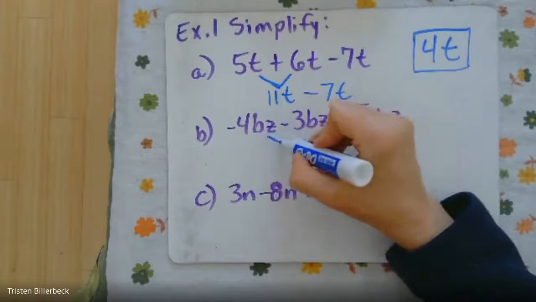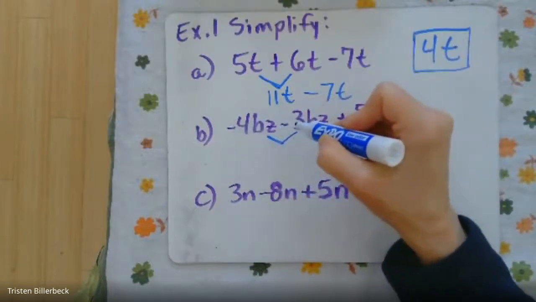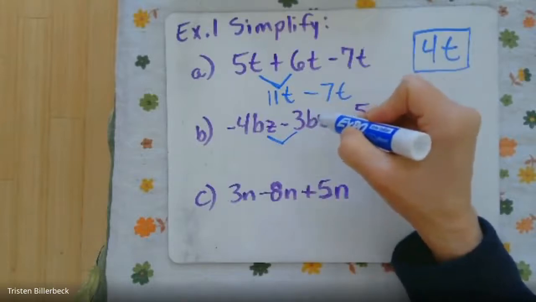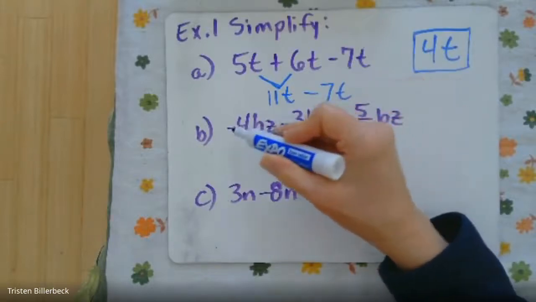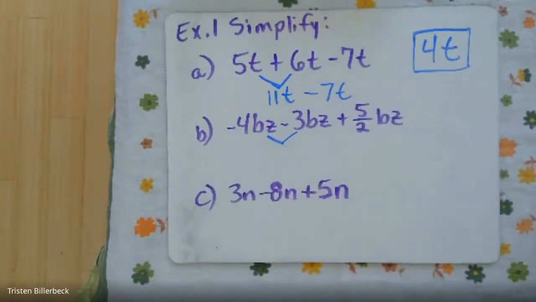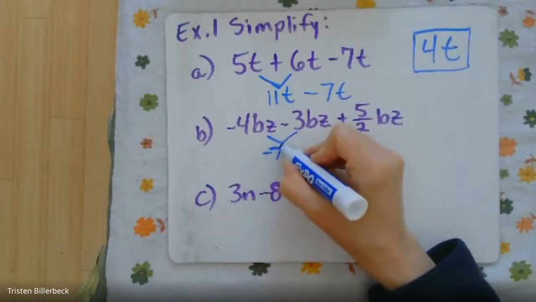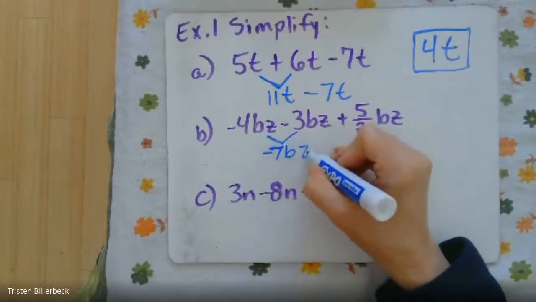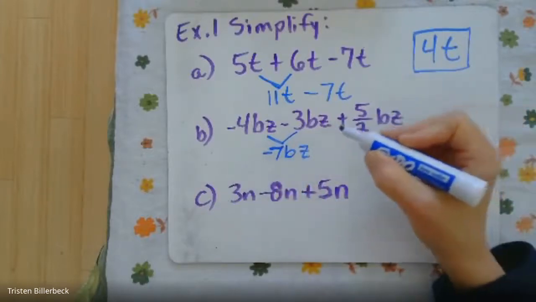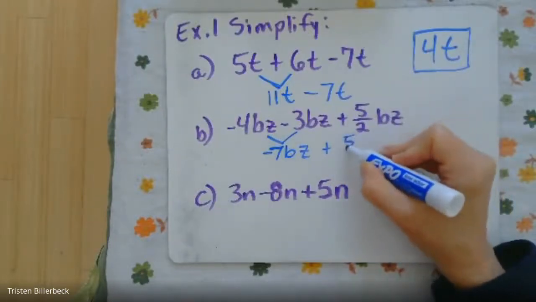So let's do the same thing with this. So we have negative 4bz minus 3bz. So negative 4 minus 3, that means we're getting more negative in the bank. If we're $4 in debt and we spend $3 more, we're now $7 in debt. So we have negative 7bz plus 5 halves